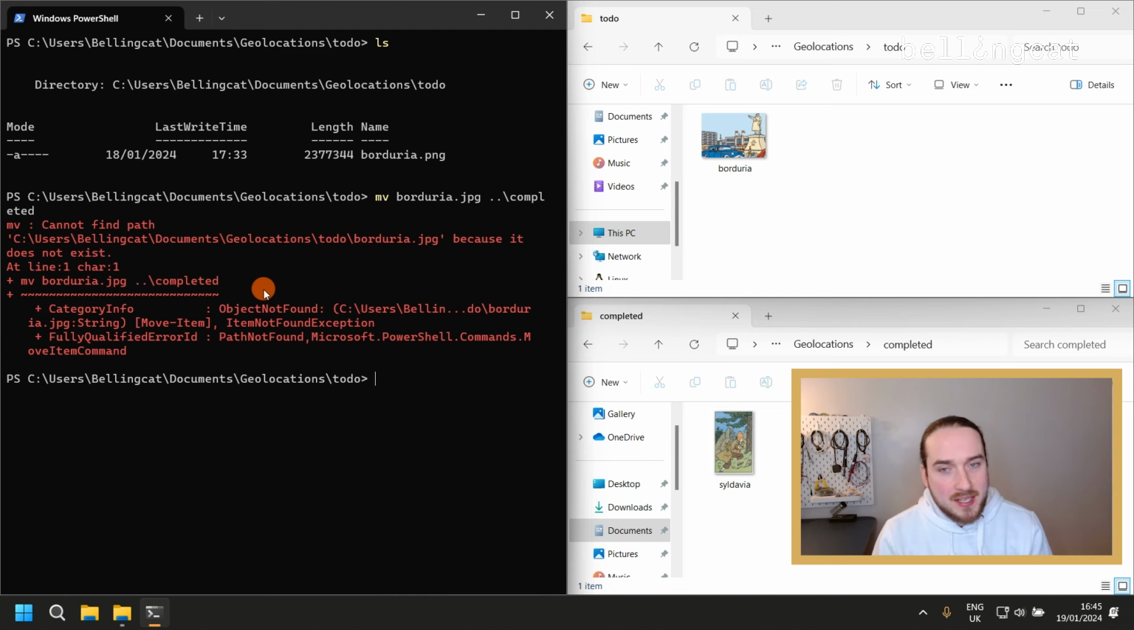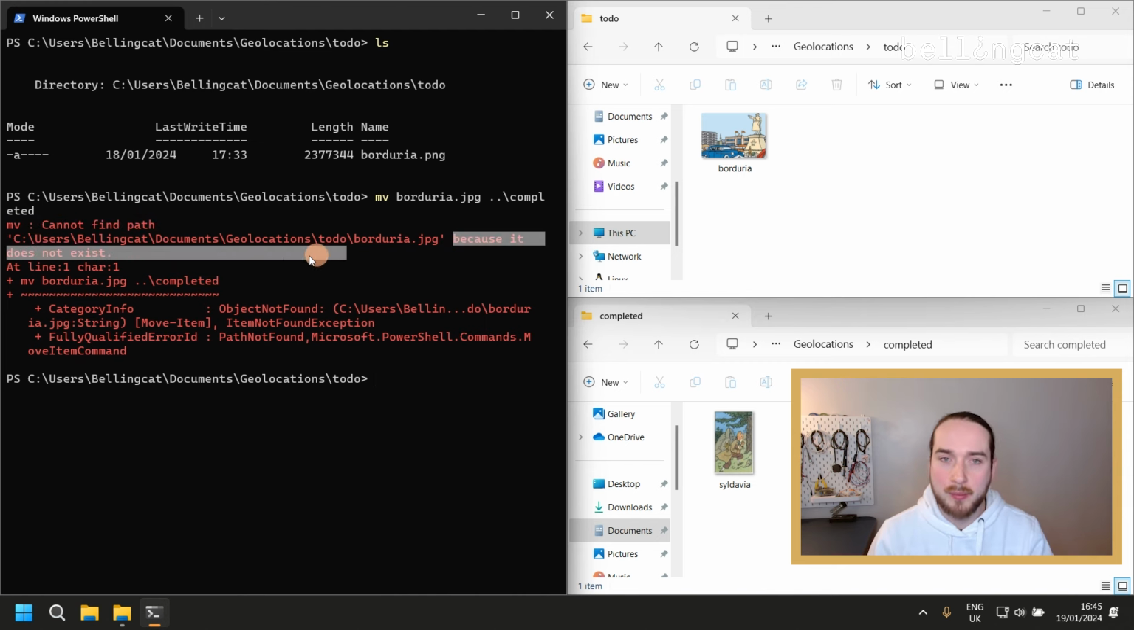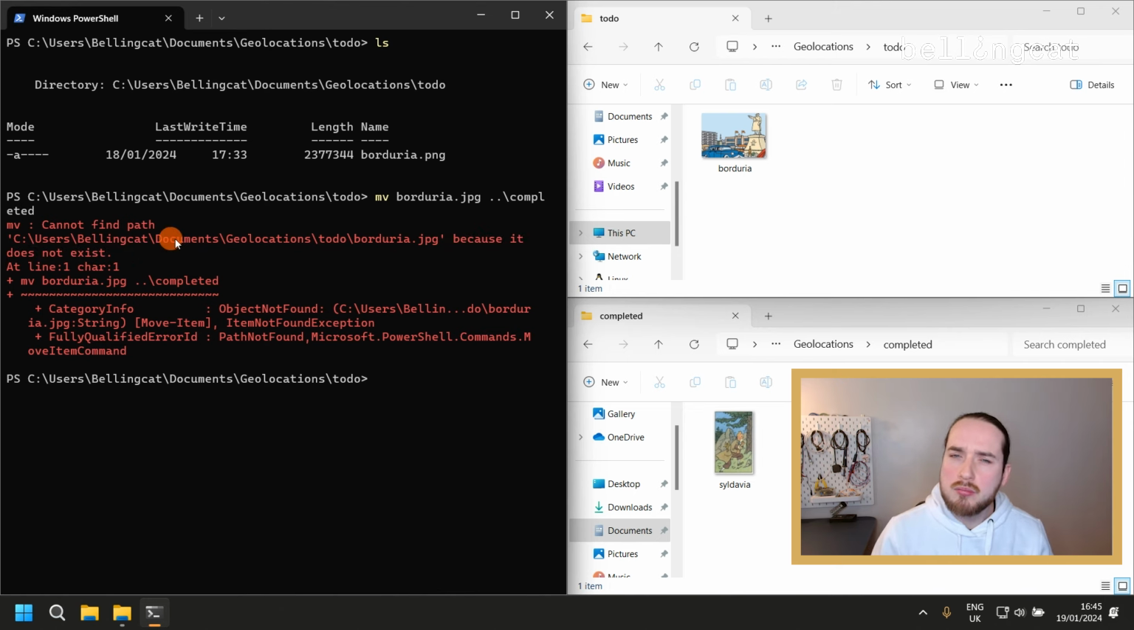Now, it looks intimidating at first, but there's lots of information that we can immediately understand. Let's start from the top. It says mv. That means there was a problem with the move command. Okay, good to know, but in this example, we knew that already. Then it says cannot find path and lists a long file path before because it does not exist. We know that most of the path exists because we can see that that's our working directory. So the problem must be with the file we're trying to move,